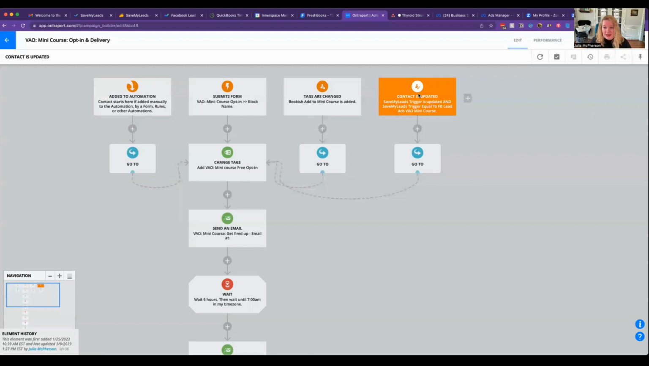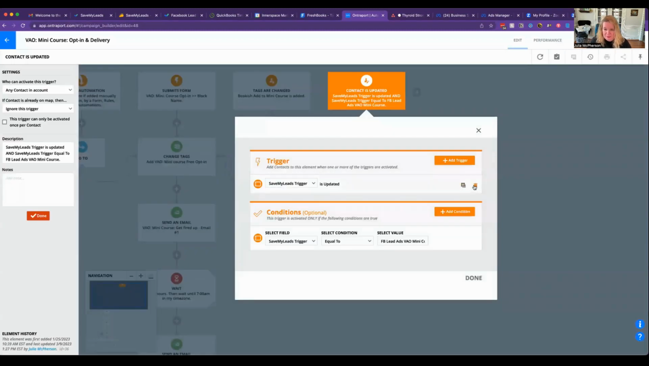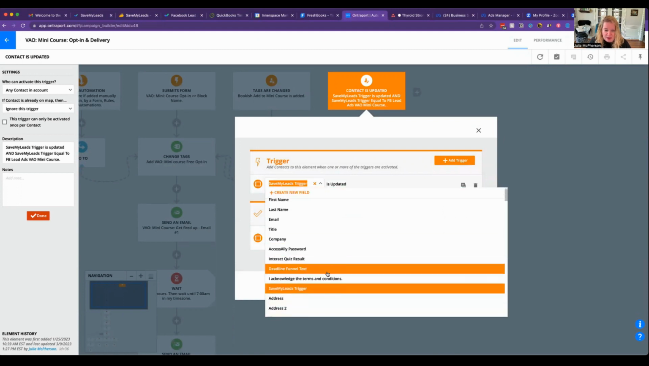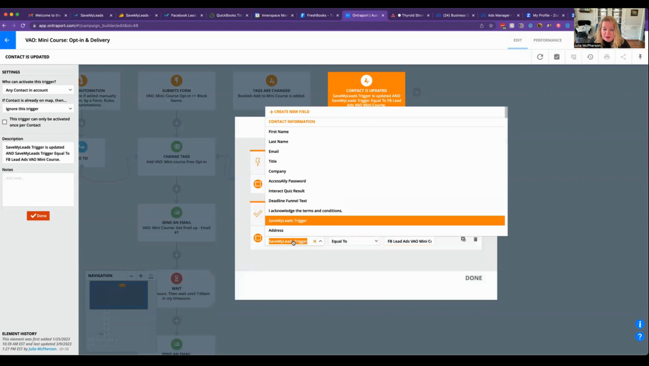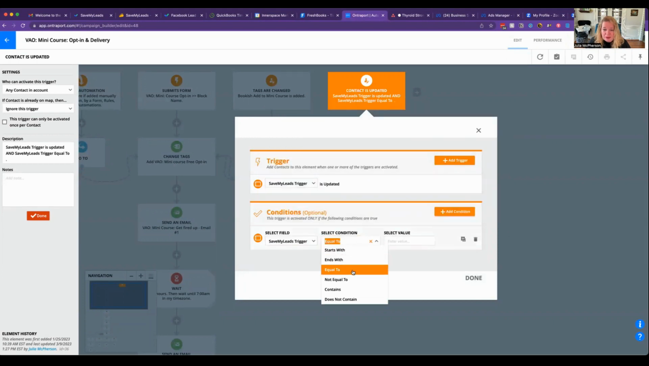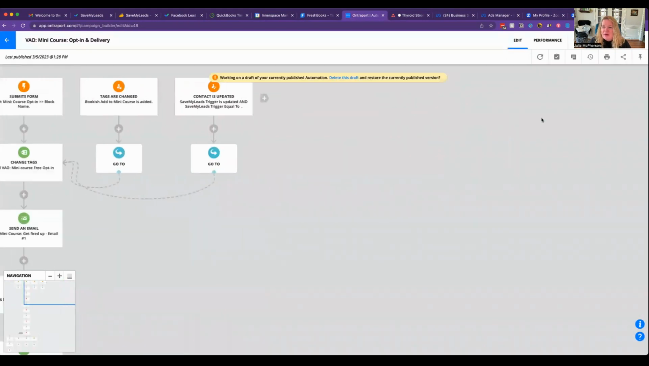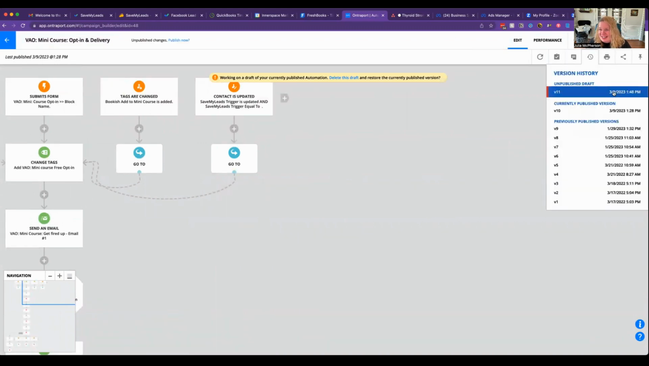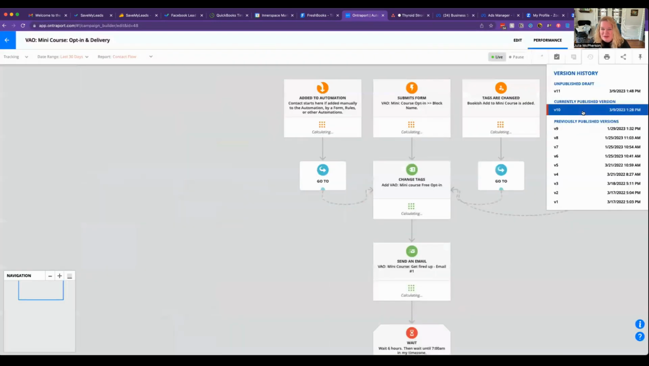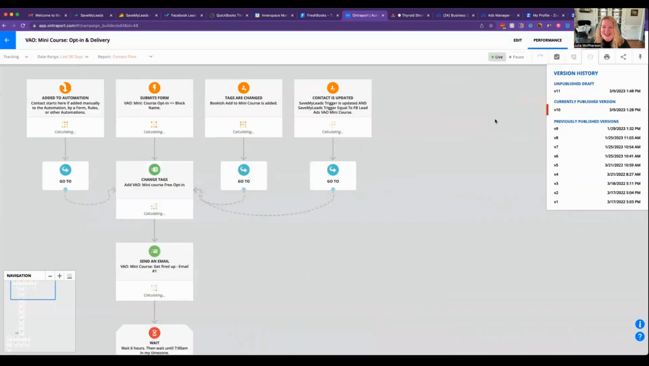So when a contact is updated, when a field is updated, and it's the Save My Leads trigger. I just chose it from here, Save My Leads. When that's updated, I did a condition, when it's equal to, again, I chose the field here, Save My Leads trigger, when that's equal to. All right, so if you ever do something and you need to undo it, you can come under the revision history and go back to the published version. There we go. I needed to copy that text